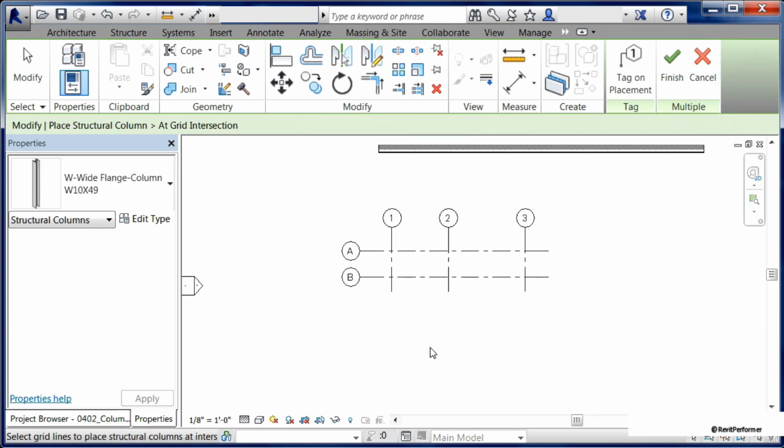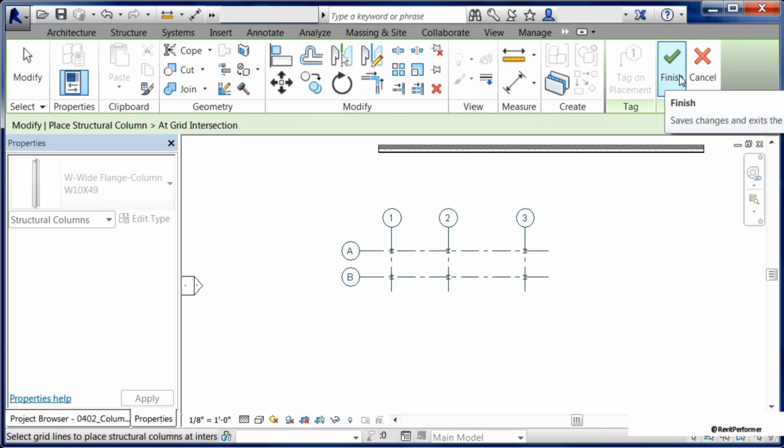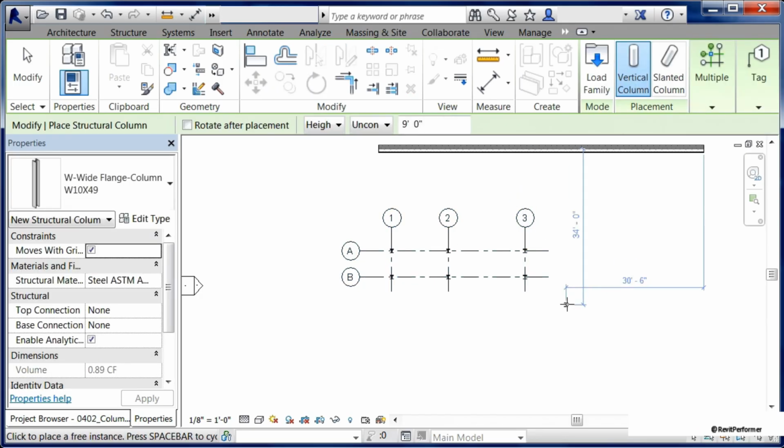Zoom in slightly to the small structural grid that we have drawn in place. Left click once and hold the mouse button down. Highlight over the structural grid. When we let go of the button, this particular column size and type will then get placed at each location where this structural grid is crossing each other. So let go of your button. You'll immediately see each of those columns in place and click the big green check mark. That's a feature that architectural columns do not have. They cannot automatically attach themselves to structural grids because they're simply architectural and they're not structural in the nature.